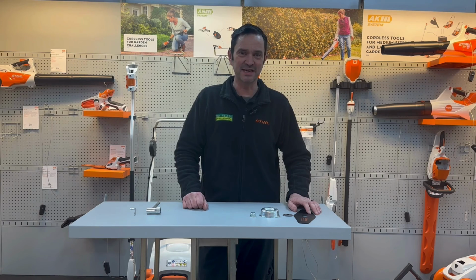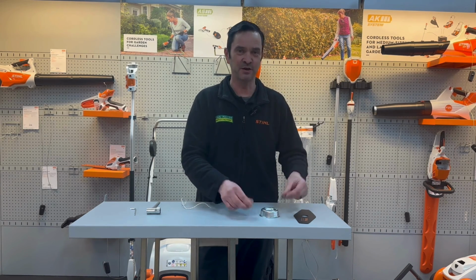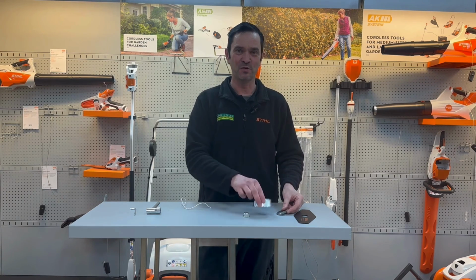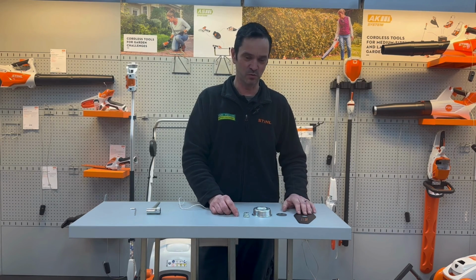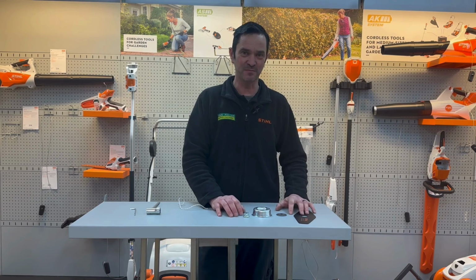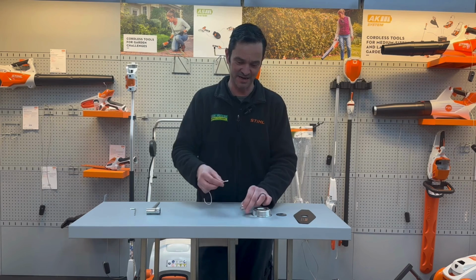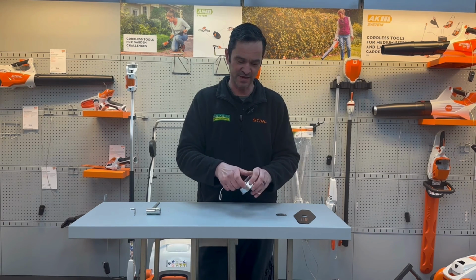A little handy tip I've come up with over the years. These components here always get lost in the shed, and people tend to forget which order they went in and how many parts they would have. So I always tell all our customers, when you've taken the blade kit off, the first thing to do is get a piece of string, a high-tech tool, and then feed your components on in the order they came off,